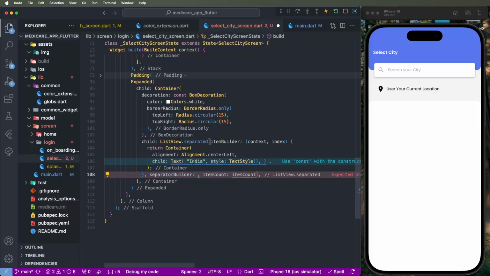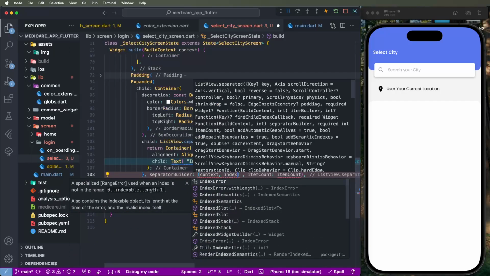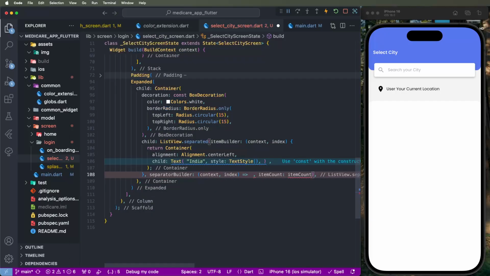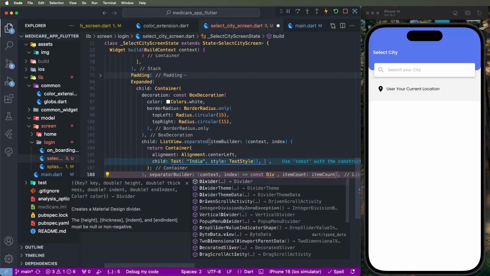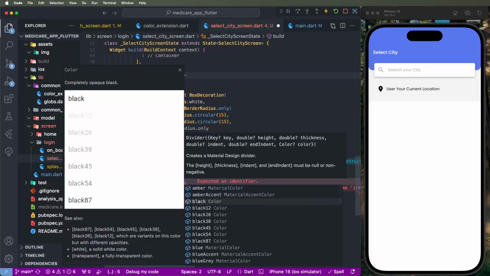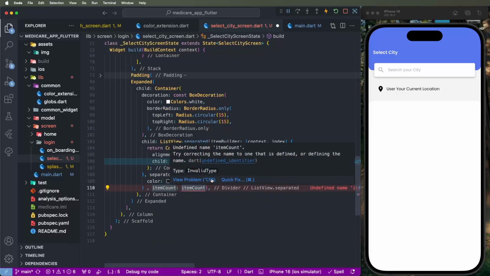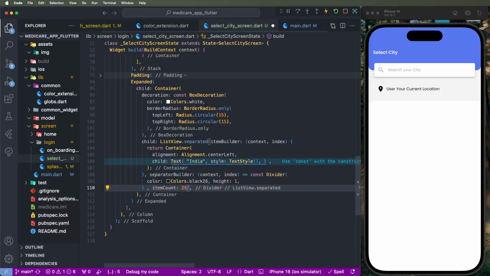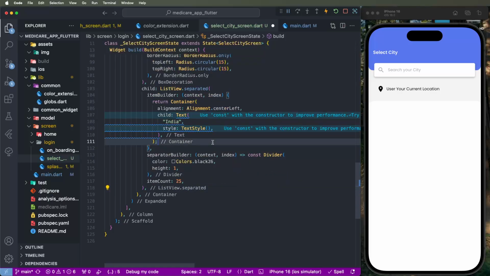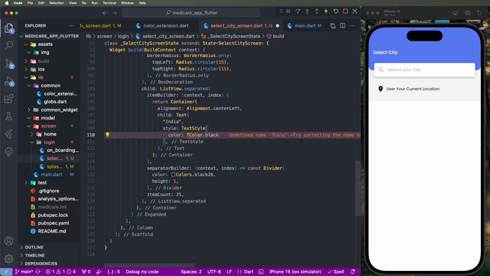So also need to draw first of all the separators, const Text with index, and we need to set the const Divider, we need to set the color 26, and also need to set the height 1, like this configures, and item count need to now set, for design purpose, need to set 25, like here, and now need to set the styles, colors, Colors.black need to set here,